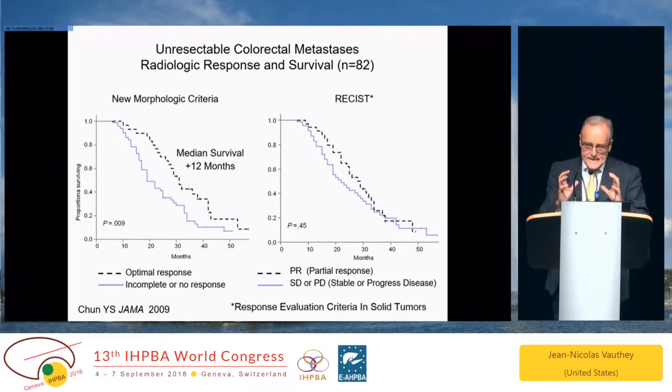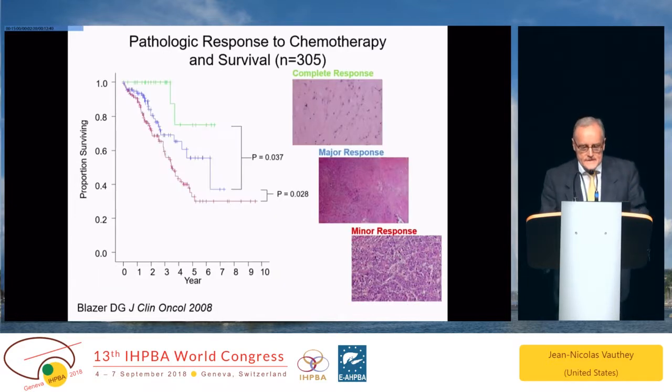If you have this cystic appearance on the CT, well-defined margin, you know you have a fibrous or almost fibrous desert, and the survival is better, and it's good for patients who are unresectable. See, because you're also part of this game. You ask the pathologist to look at it. You can look at it with the pathologist. It's easy. Percentage of viable cell.